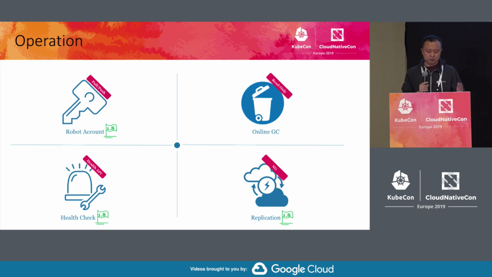So that's the security part. And in the area of operation, we fulfilled our promises from KubeCon in Seattle and made a lot of improvements, such as robot account. If you don't want to set your LDAP credentials in the CI system, you can generate a robot account to pull and push images only, which doesn't map to any user and has very minimal privileges,